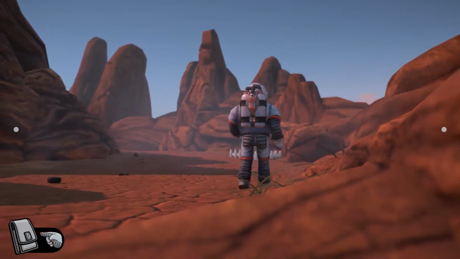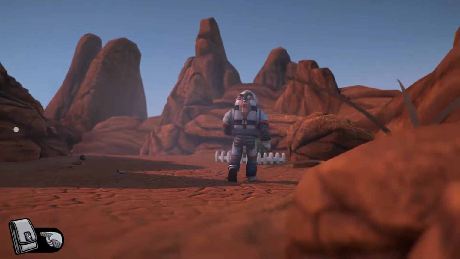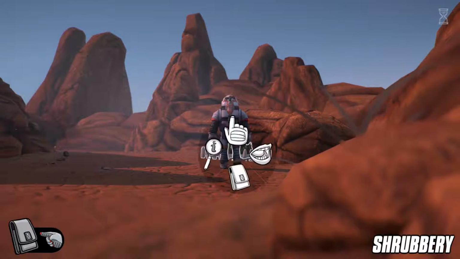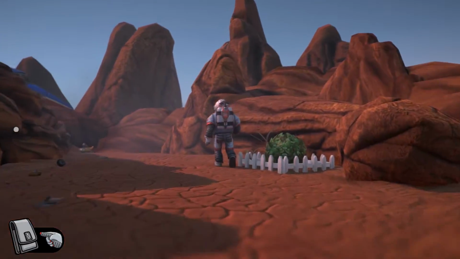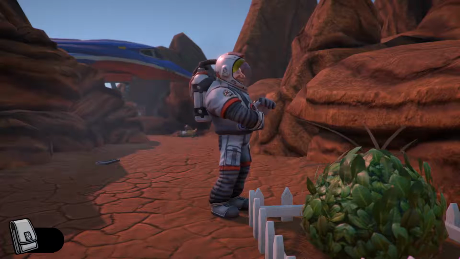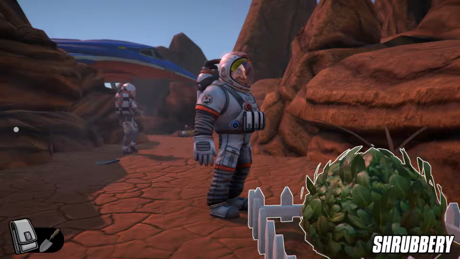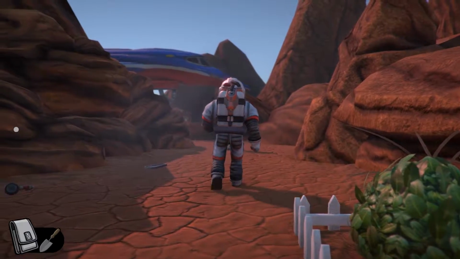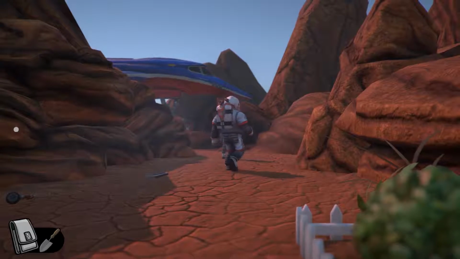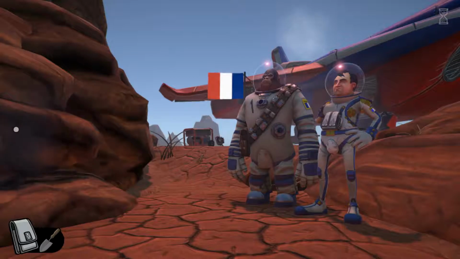Huh? Looks like something like a trap leading us one way away from our ship. Oh, shrubbery. I've never tried shrubbery. No point leaving without a souvenir. Well, I tend to leave that sort of thing to Alan Titchmarsh. I'm not adverse to getting my hands dirty, it's just green was never my colour. There's our...